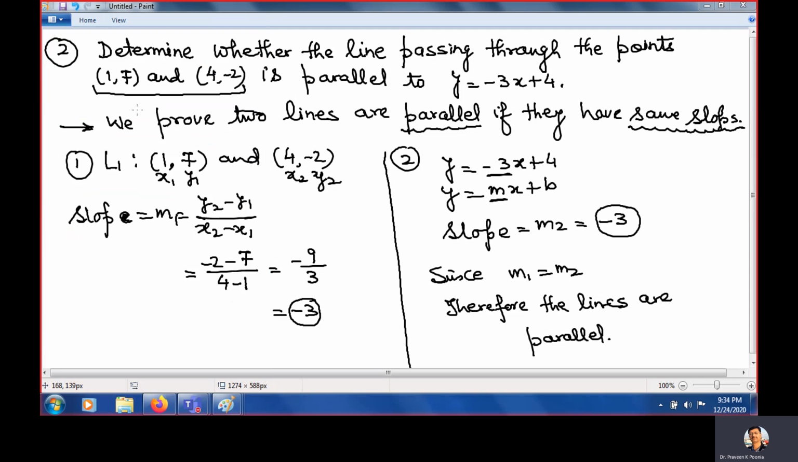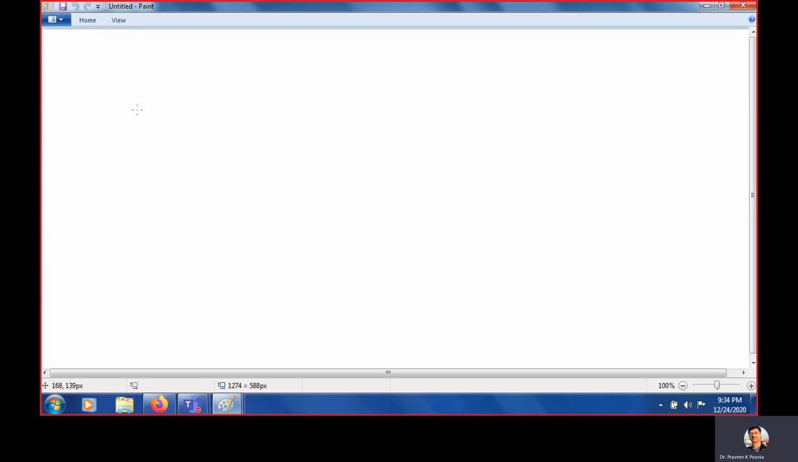Okay. Now the third type of question. What is the third type of question? This is the third. Now what will they give? They will give one straight line and they need you to find another parallel straight line. Clear? So how to do it? Find an equation